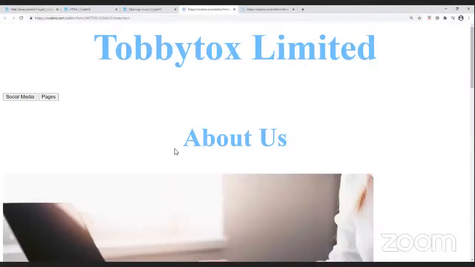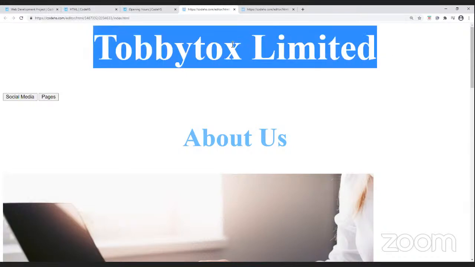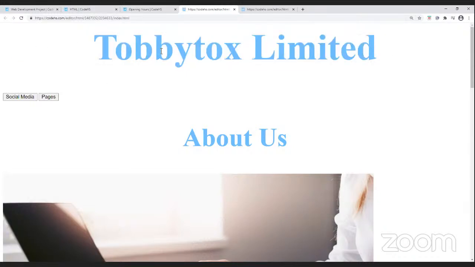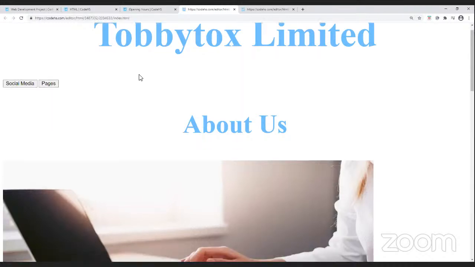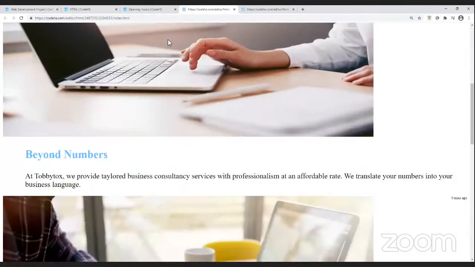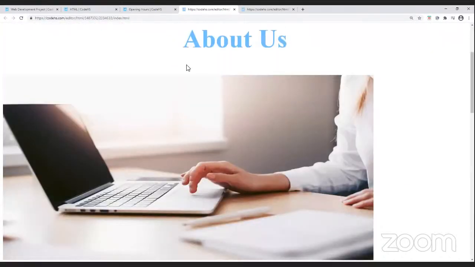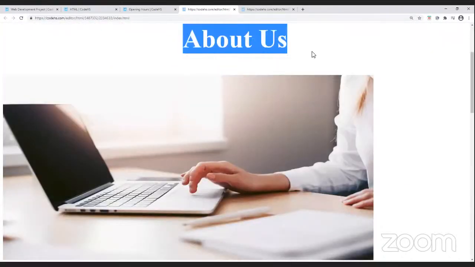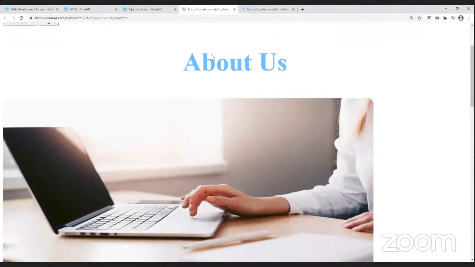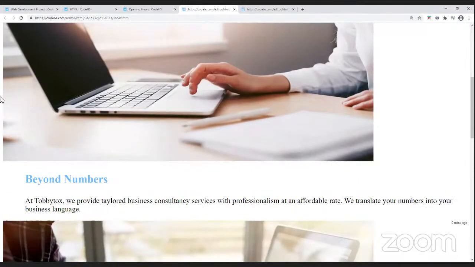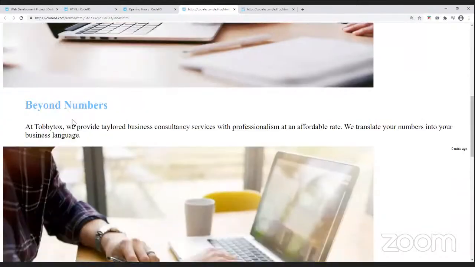So, this is a website that I made for my mum's business called Devt Limited. And well, this was the first bit which says about us, and then I changed the color of the text to a nice Maya blue, and then I put some images and then some text,